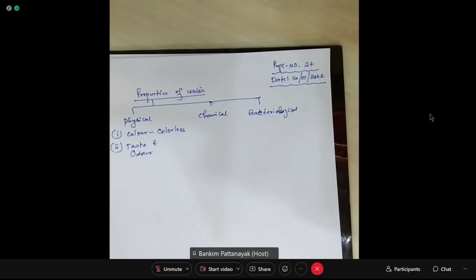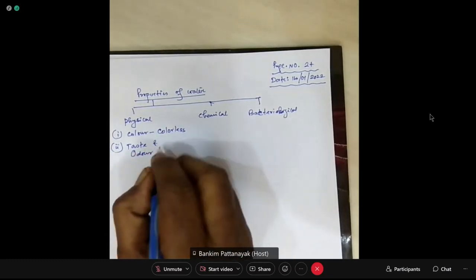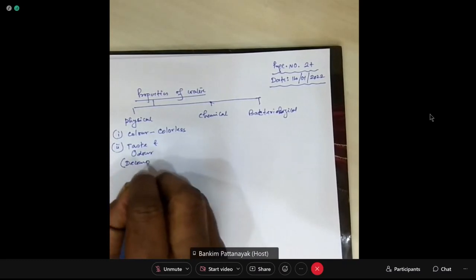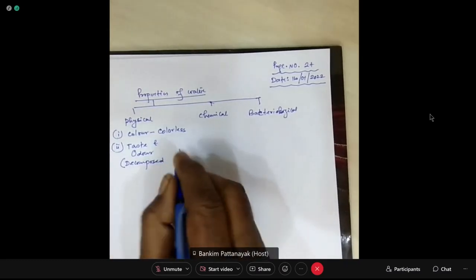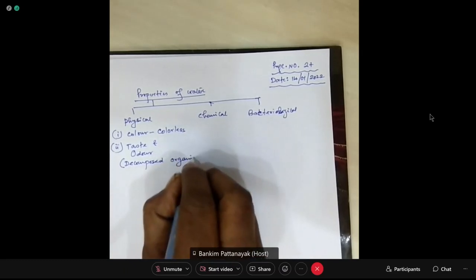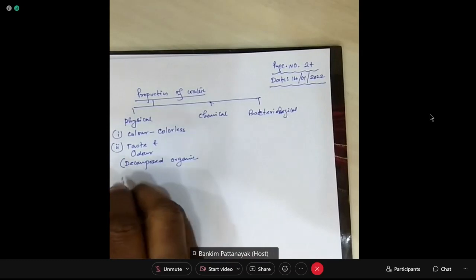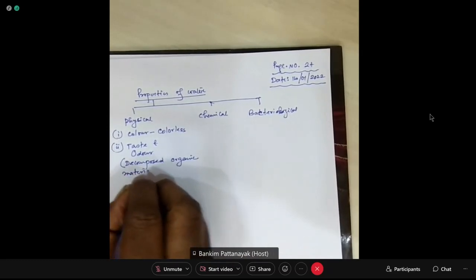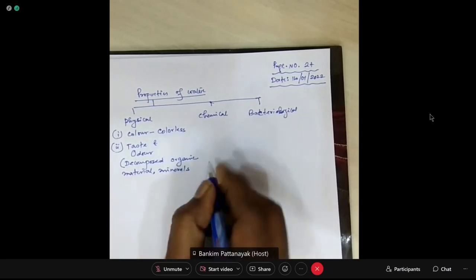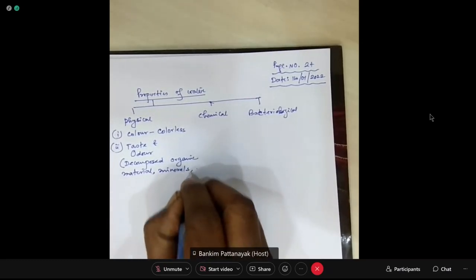Anyway, decomposed organic material, minerals and salts are there. It actually adds decomposed organic matter, organic material, minerals, salts